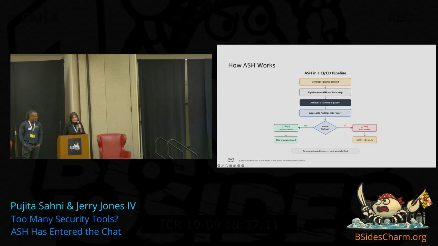So whenever you push a commit, it's one of the build steps, and it runs in your pipeline. It runs the 7 scanners for the most part in parallel. And depending on what it finds, it usually says you pass, pass with caution, or you fail as a step in your pipeline. If you pass, you're good to go. Pass with caution, you probably have some medium or low, not as critical findings. And if it's a fail, then you probably have a lot of critical or highly rated findings.